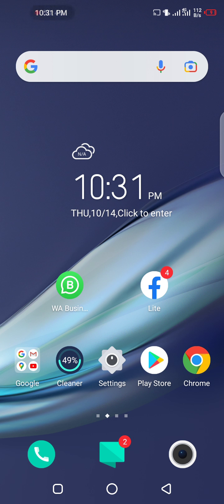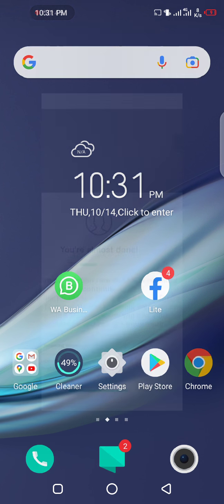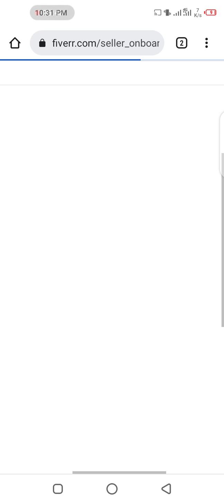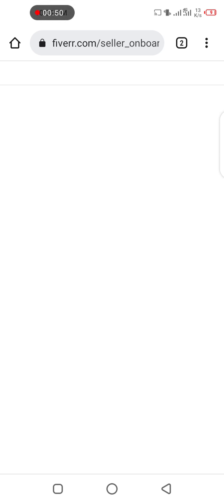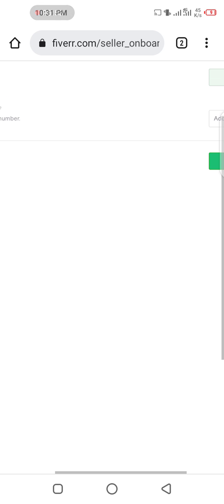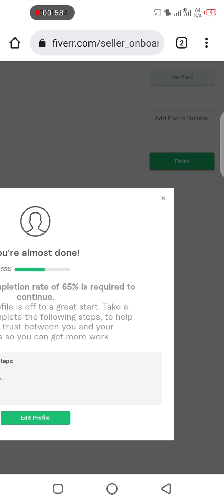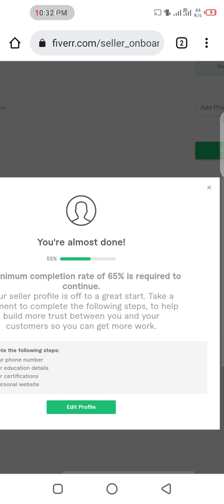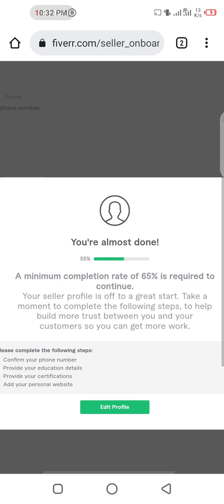So without wasting our time, we'll move to our Chrome browser. As we are on our mobile phone, here we will be asked for our mobile phone number, and after doing this, our 55% is completed. Minimum 65% is required. So we will add some more information about us